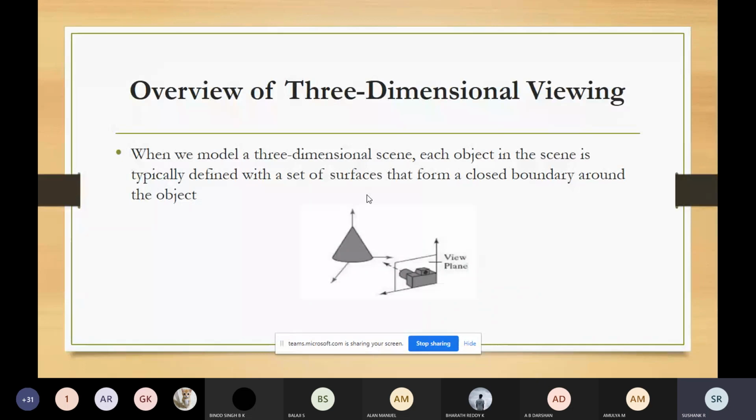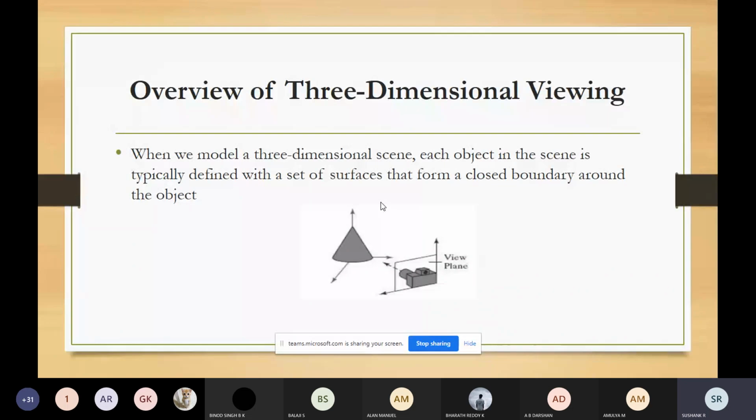This coordinate reference system will define the position and the orientation for this view plane. You can see the view plane, which is highlighted here, given in the form of a rectangle.